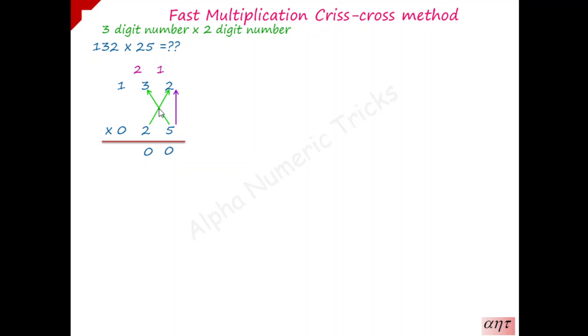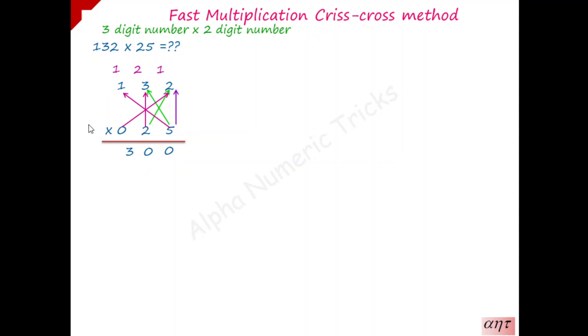After that, you have to consider all the 3 digits for cross multiplication, that is units place, tens place and hundreds place for cross multiplication. So we have 0 into 2 is 0, plus 1 into 5 is 5, 0 plus 5 is 5, plus 2 into 3 is 6, 5 plus 6 is 11, 11 plus 2 is 13, 3 is written here and